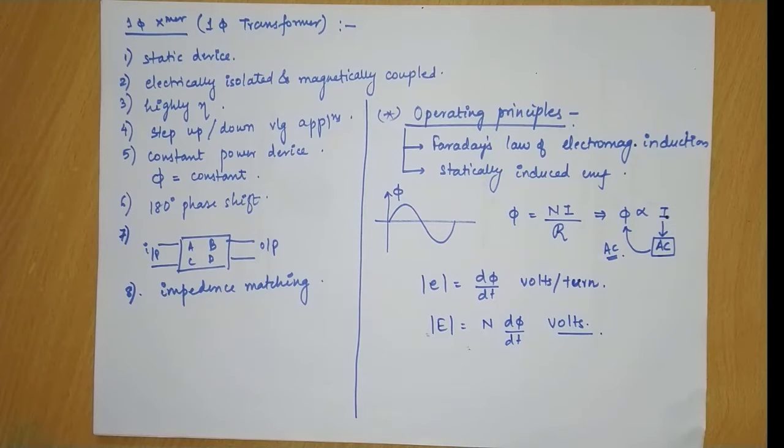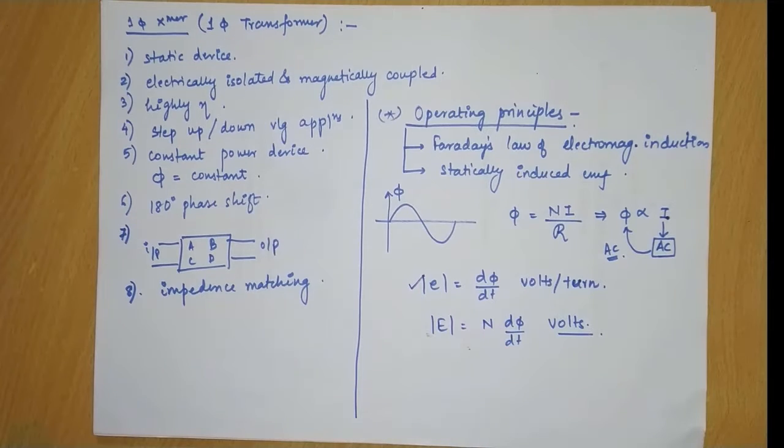That is, in transformers we use concentrated type of winding. If you see my previous lecture on the basics of AC and DC machine, you will get to know why we use concentrated winding in transformers and why the distributed windings in the rotating machines. If we use distributed winding, then we have to multiply this mod E by the winding factor. This we will be going to see in the synchronous machine topic.